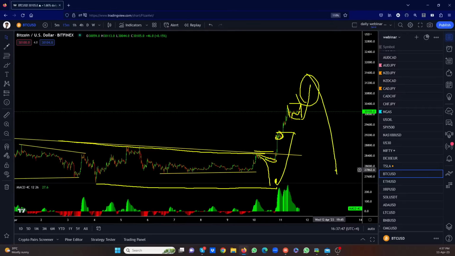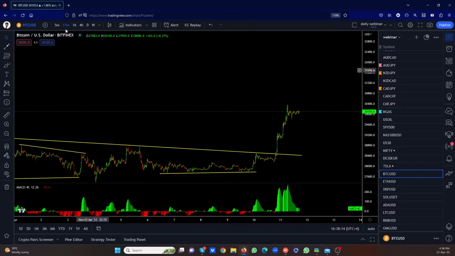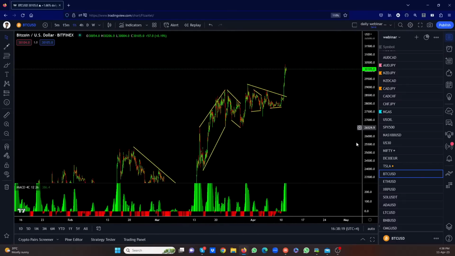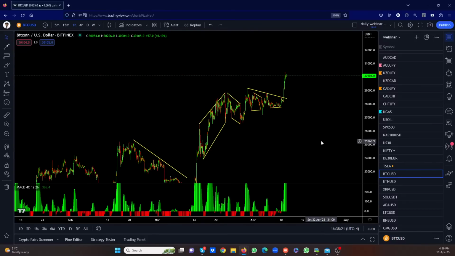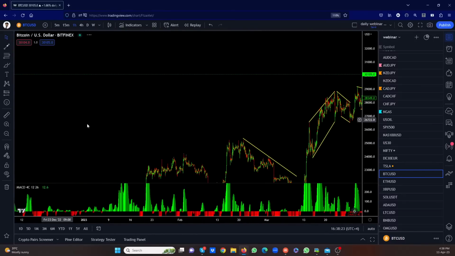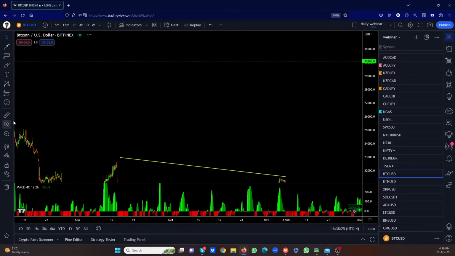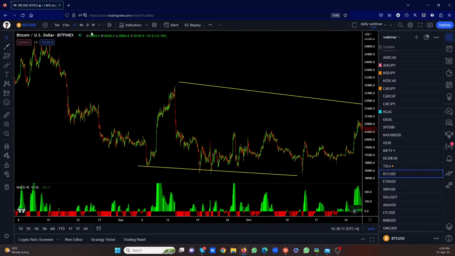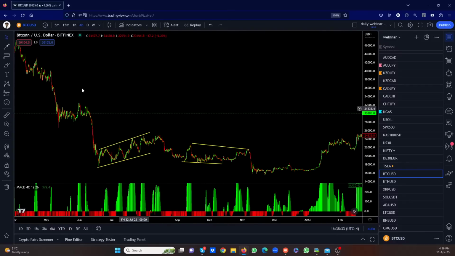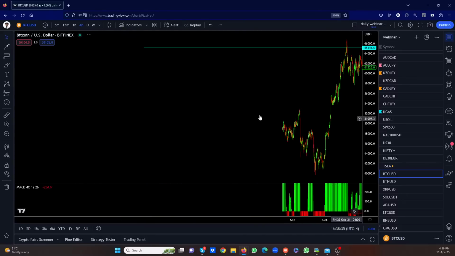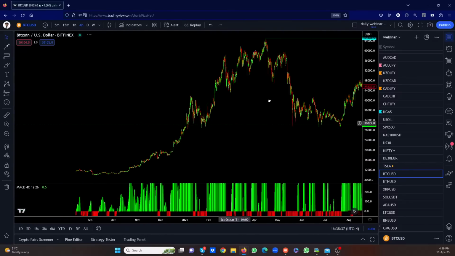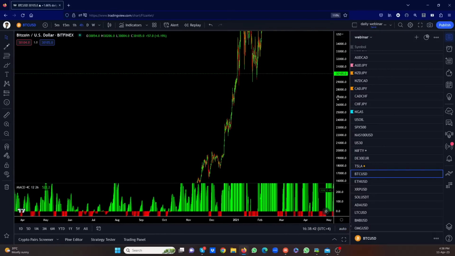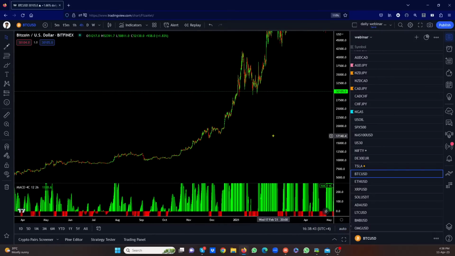It will make a deep pullback, and when it makes a deep pullback, if you have the patience to wait for that, you're going to make more money, because that is guaranteed to make a pullback. Even if you look at the biggest move Bitcoin made when it was going up like a rocket, they were really, really deep pullbacks if you know how to trade it. So we're not going to get it in the 15. We probably could get it in the 4 hour. And I can go back in the 4 hour and show you how much pullback that thing had. So let's start with this one. This was the big move. And I'm on the 4 hour now. I'm not even on the 1 hour.